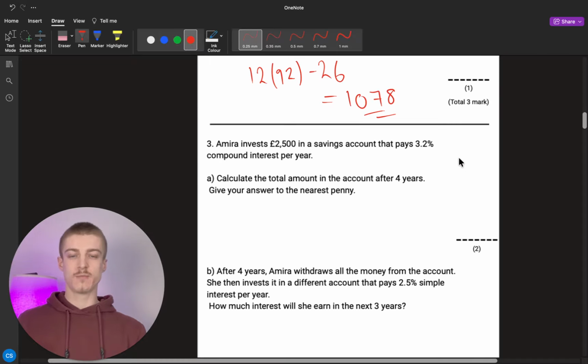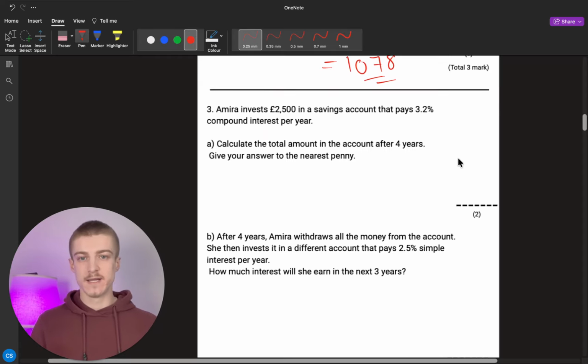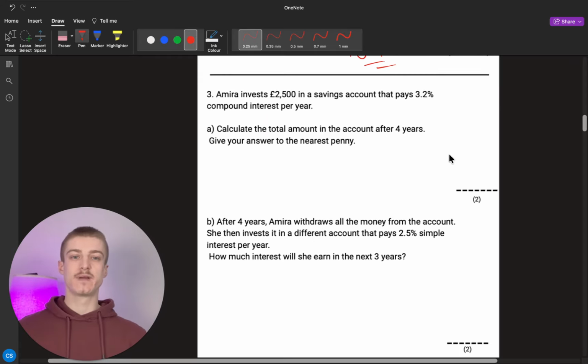Okay, some compound interest. Amira invests £2,500 in a savings account that pays 3.2% compound interest per year. Calculate the total amount in the account after 4 years and give your answer to the nearest penny. 3.2% as a percentage multiplier is 0.032. If we need to calculate the total amount afterwards, then we're going to increase 2,500 by 0.032. So we're going to times